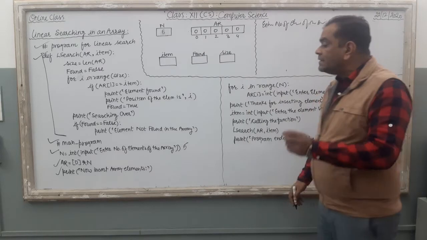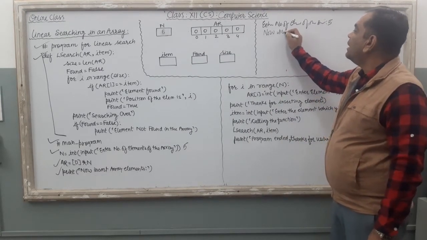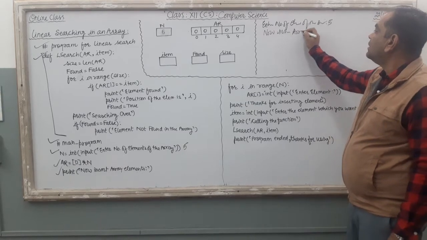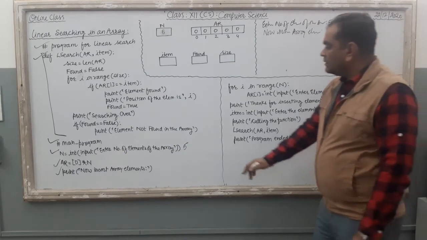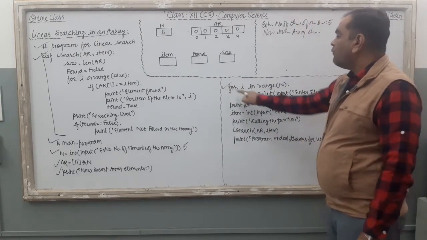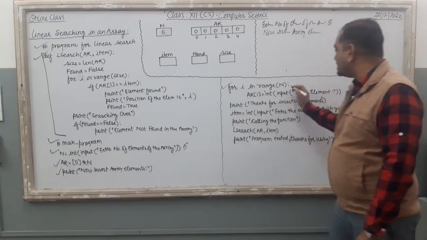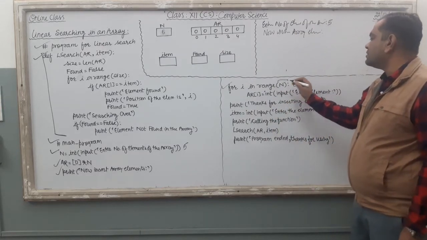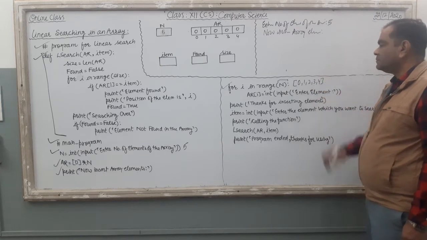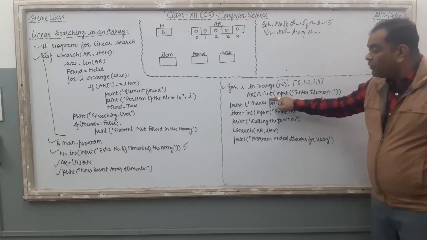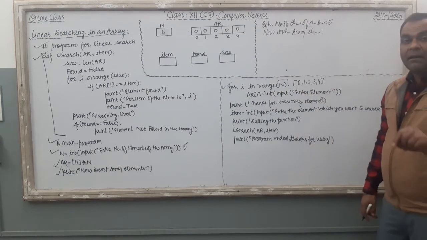Then computer reaches this line. Print now insert array elements. So the same message is there. Now insert array elements. It is there on the monitor. Done. Then computer approaches here. For i in range n, n is 5, so I just put 5. So the range function produces a sequence 0, 1, 2, 3 and 4. Right? With the help of for loop, you can take the value of your array elements from the user.